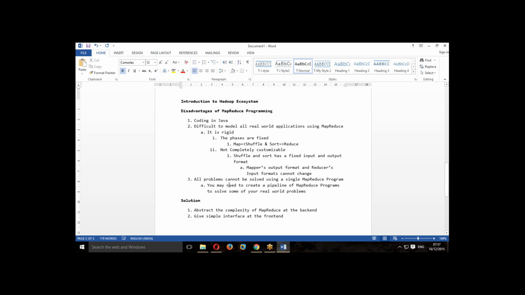As a solution to our problems, we thought, why not abstract the complexity of MapReduce at the back end and give a simple interface at the front end, and prepare libraries for many of the problems that we normally use MapReduce for, and get MapReduce to a generalized level wherein you can run one command and solve one problem. With this intent, it gave rise to